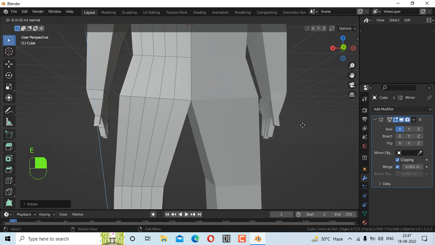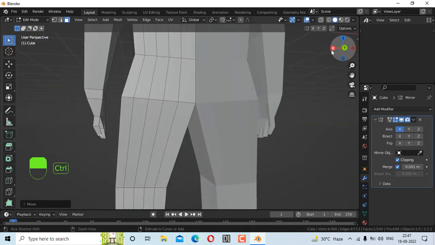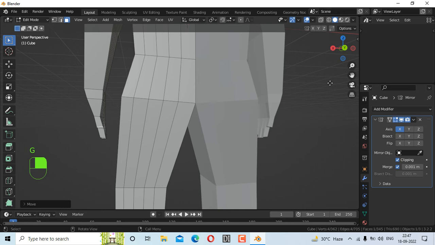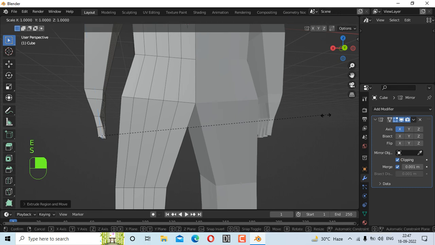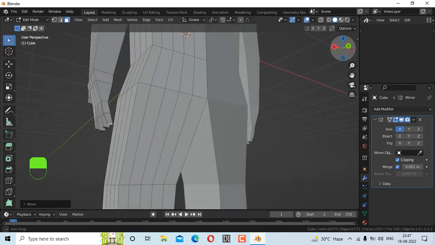Fine, scale it, and move it. I think I forgot to move it first, extrude. So move it, and extrude it, extrude this, and scale it, and move it again. Fine, this is our hand,